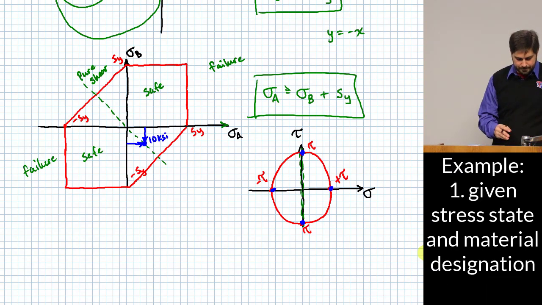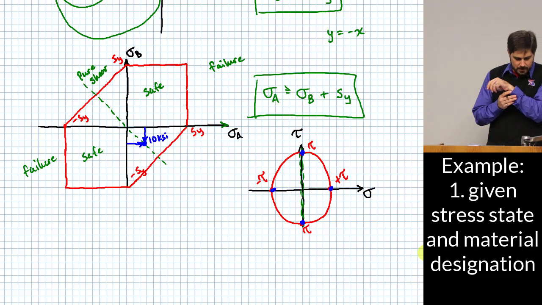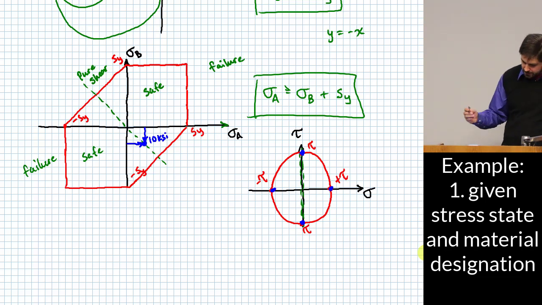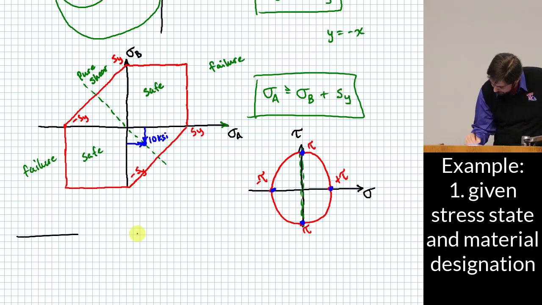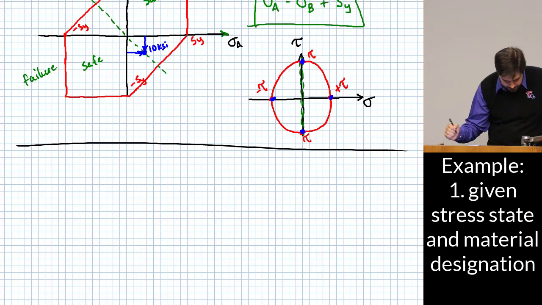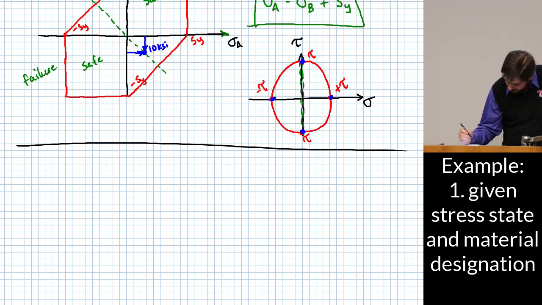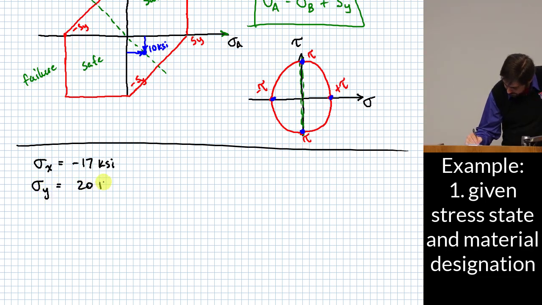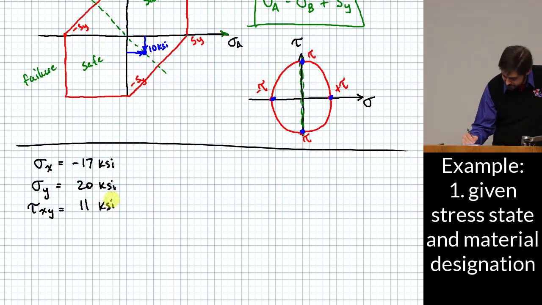Let's do a quick example. Let's look at the example where we have a state of stress where sigma x is equal to negative 17 KSI, sigma y is equal to 20 KSI, and tau xy is equal to 11 KSI. We'll say it's a state of stress